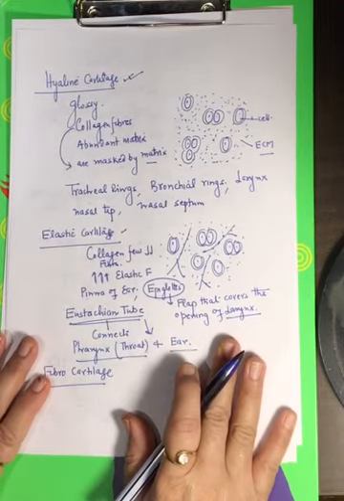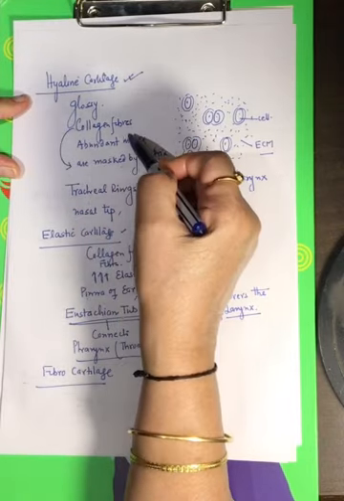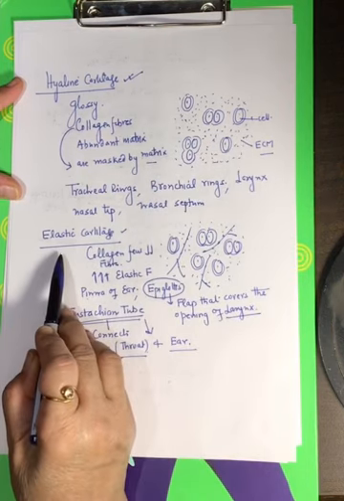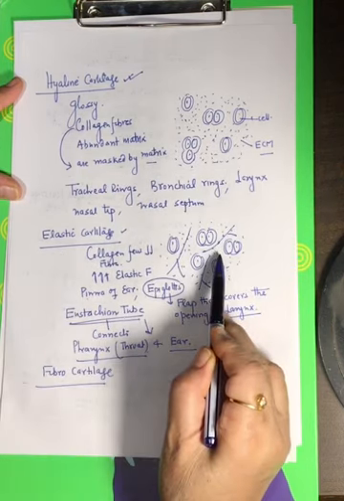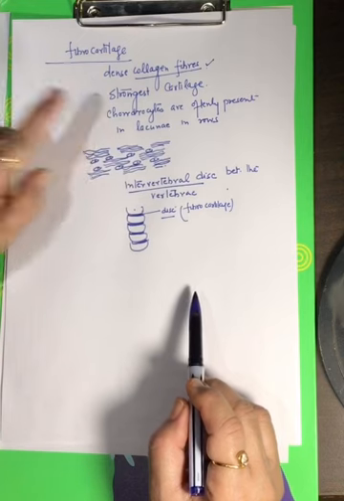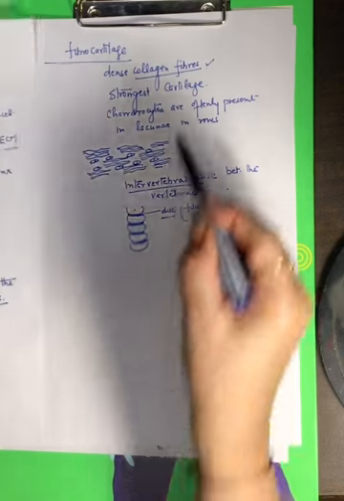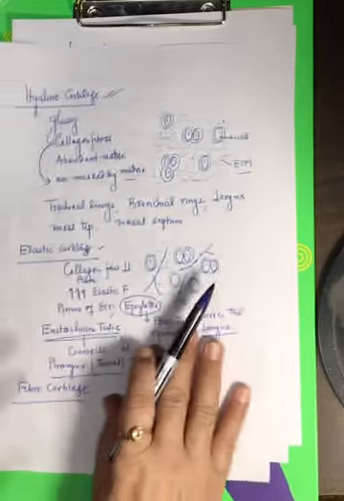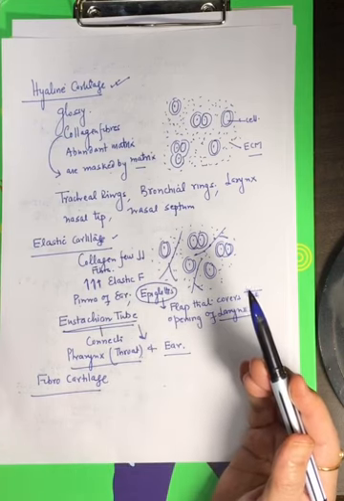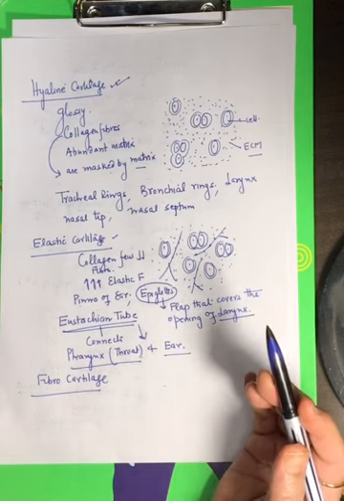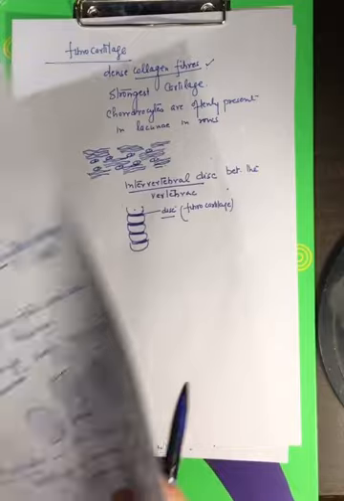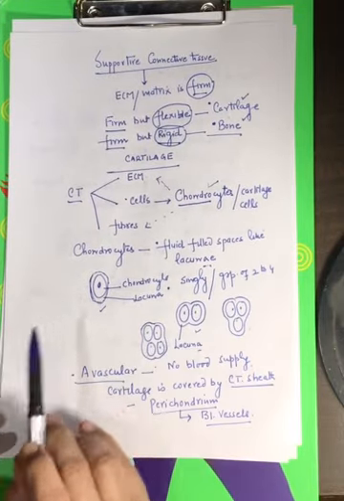And then we have 3 types of cartilage. The hyaline cartilage, where you have collagen fibers, but they are masked by the matrix. Then we have elastic cartilage, where the fibers are elastic fibers. And then we have the fibrocartilage, where we have dense bundles of collagen fibers, and this is the strongest cartilage. And the rest we have the usual components, that is the ECM and the cells. So this is all about the cartilage. I hope you must have understood what is a cartilage, right? Thank you.